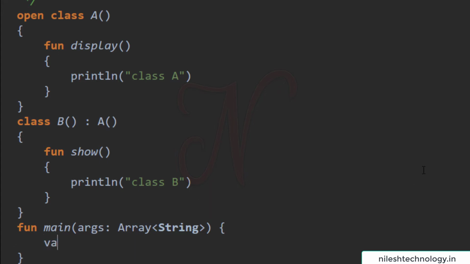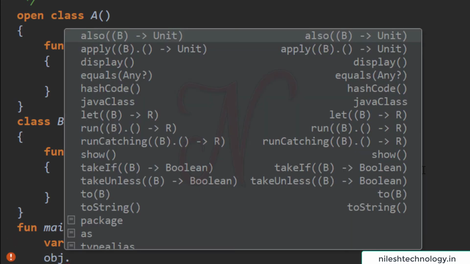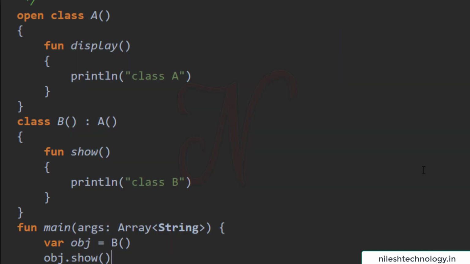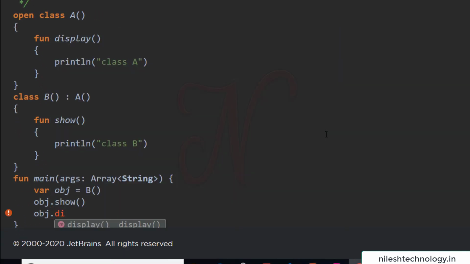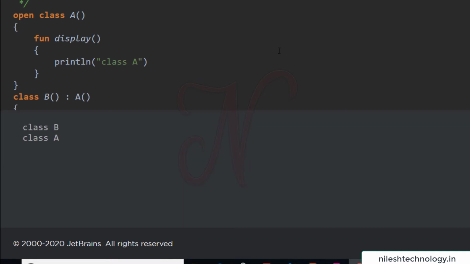So var obj is equal to B. Then obj dot we call the show function, as well as obj dot we call the display function. The child object has access to the current class properties as well as the parent class properties. After running this code, both functions of class B and class A are called.